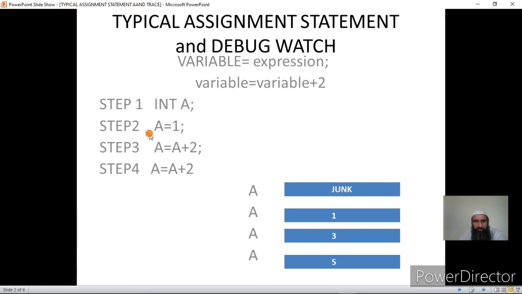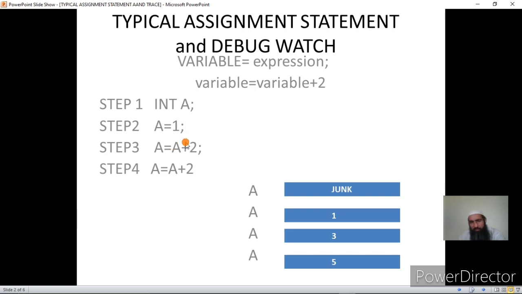Now let us try to understand this statement, because today's lecture will focus on these types of statements, that is, A is equal to A plus 2. In the LHS we have A, in the RHS we have A. So how is this statement handled in C?